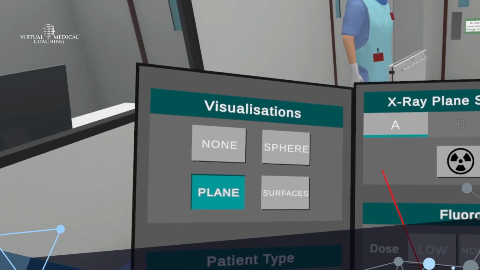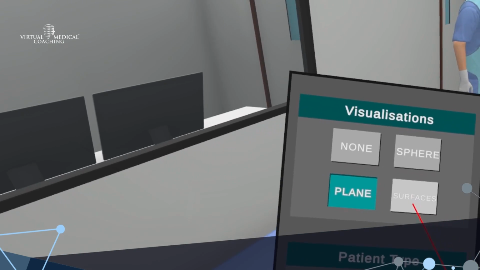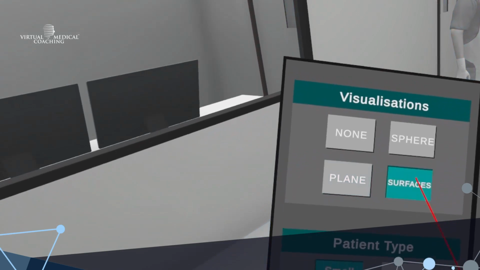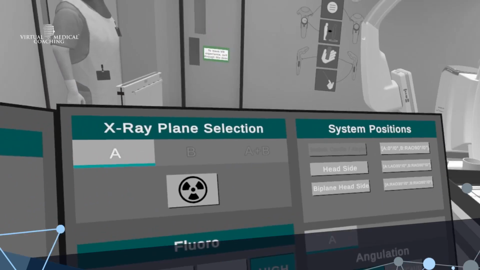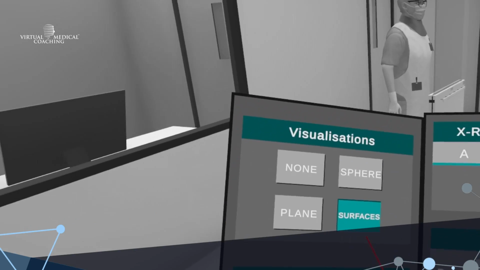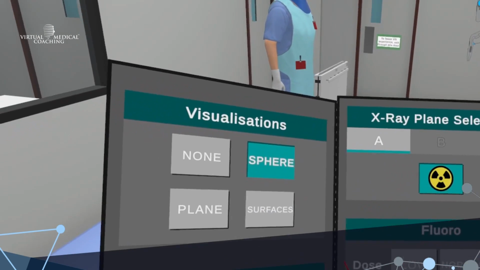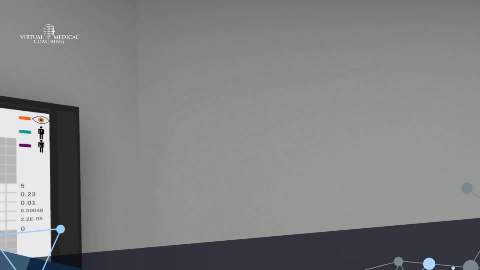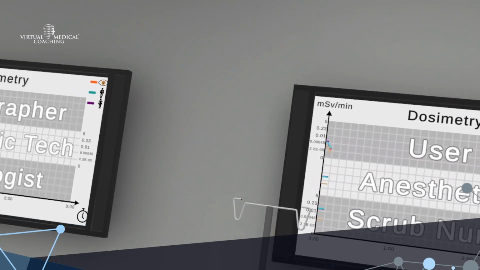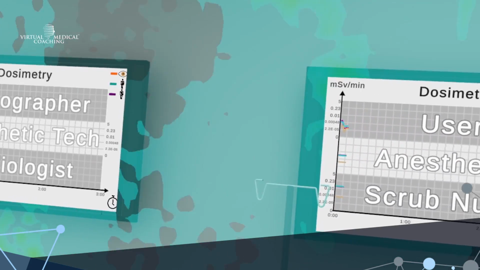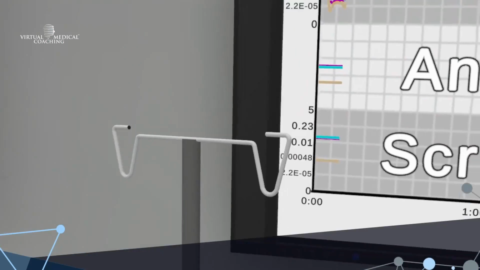So I'm turning the radiation on here now. You can see I've got a little menu. I can change my patient size. I can put them in any position I want to. And I've just turned the radiation on. And I've got different visualizations I can look at. And immediately you can start to see I'm at the back wall now, and I'm looking at the 3 doses